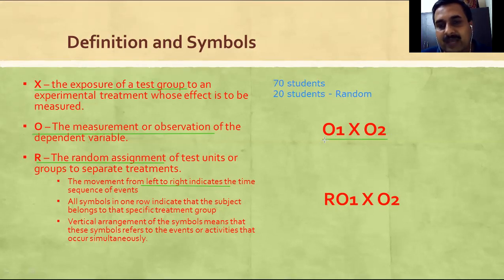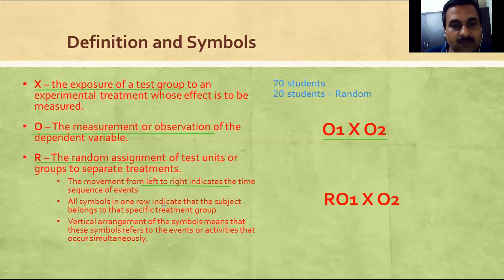So if we talk about the time sequence, suppose for example O1 is at 10 a.m., then the time of O2 is bound to be later than 10 a.m. It could be 11 a.m., 12 p.m., 1 p.m., whatever the time would be, but it is going to occur after the first observation has been taken. So left indicates lesser time, right indicates greater or later time, and it is bound to happen after observation 1 is taken. So this statement is saying the time sequence must be there in a particular experimental example.